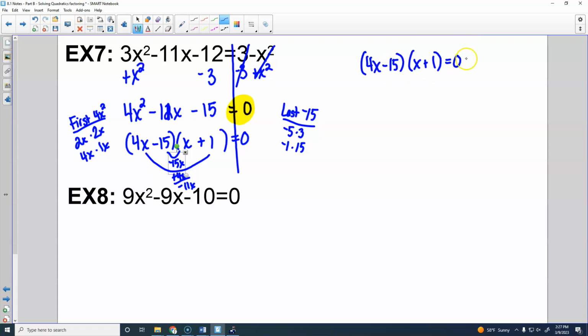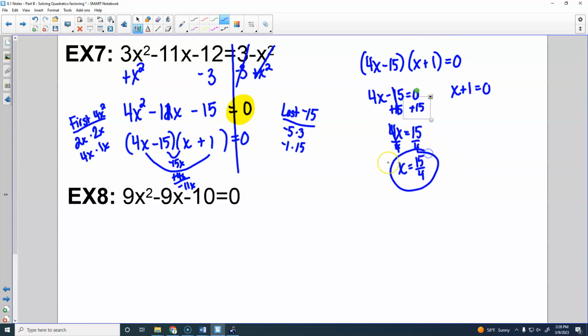So for each one of these, we're using the zero product property. 0 times anything equals 0. So 4x minus 15 will equal 0, and x plus 1 will equal 0. If we solve each one, if I add the 15 here, 4x equals 15. I divide by 4. x equals, that doesn't go evenly, so I'm just going to leave it 15 over 4 for that one. And over here, I get x equals negative